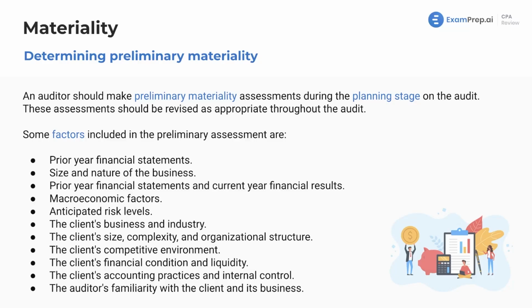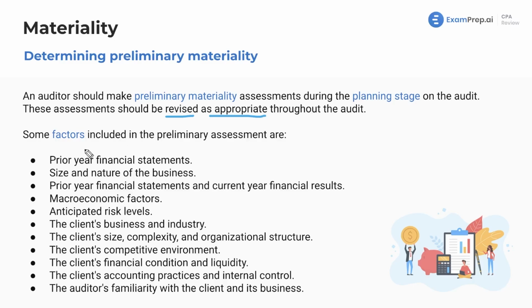Preliminary materiality, like I said, we determine it in planning, but then we can keep revising materiality right here, revised as appropriate throughout the audit. That could change as numbers change, as you find more risk. It could be any variety of factors. But you do determine preliminary materiality. You do have a number that you decide this is what it's going to be in the beginning. And it may never change. That may happen as well.